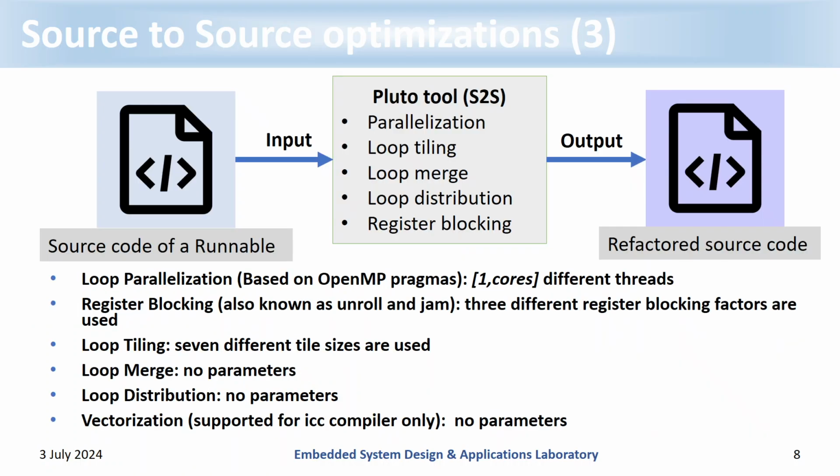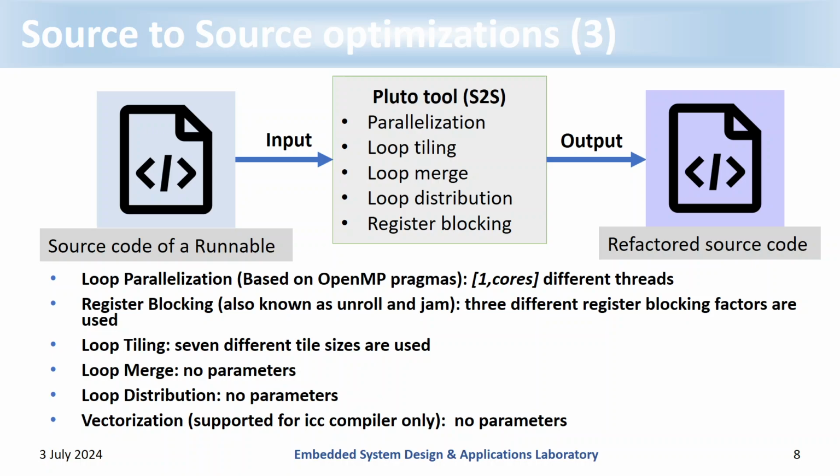The loop transformations supported are register blocking, also known as unroll and jam, loop tiling, loop merge, loop distribution, loop parallelization, and vectorization. Vectorization is supported only for the ICC compiler, not used in this work. For register blocking, 3 different register blocking factors are used, as well as the case where no blocking is applied. This is 4 different parameters which are specified by the user. For loop tiling, 6 different tile sizes are used here, as well as the case where no tiling is applied,